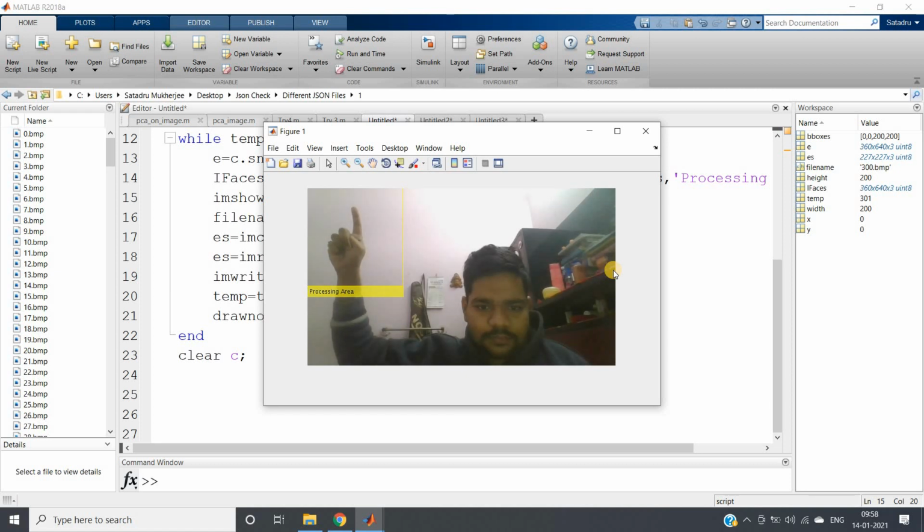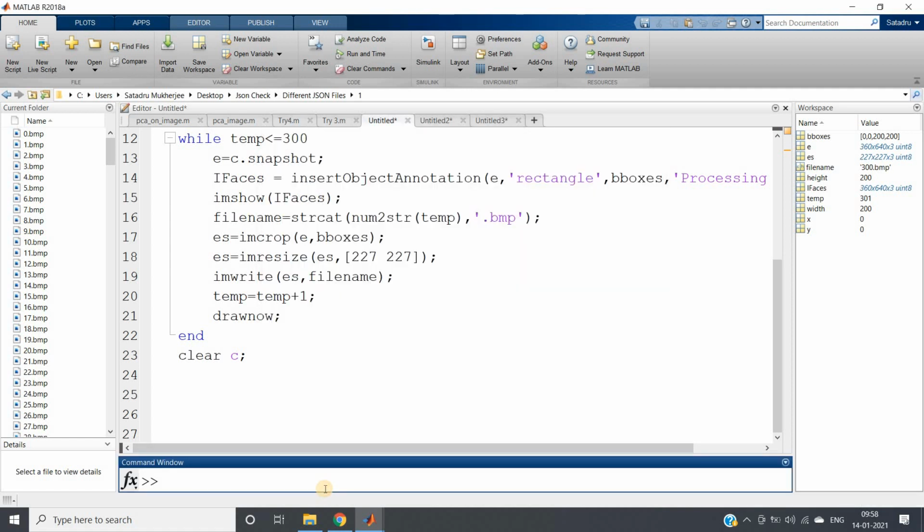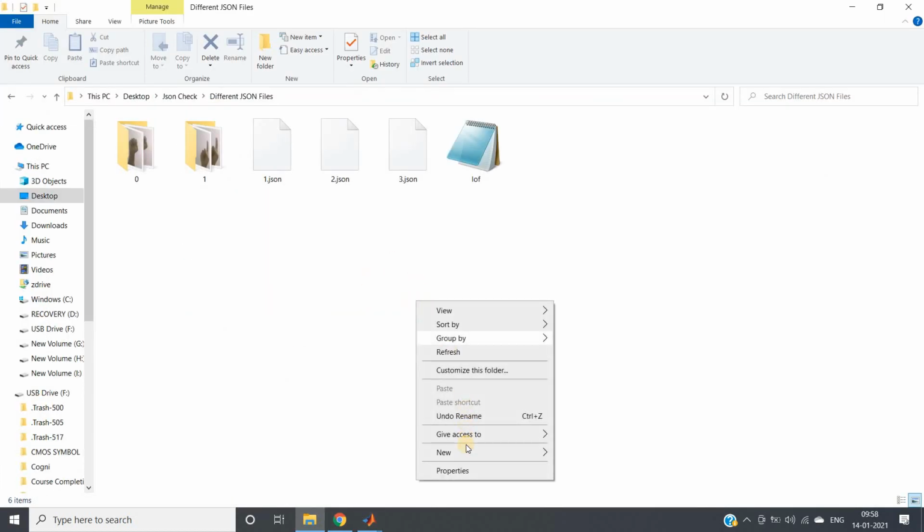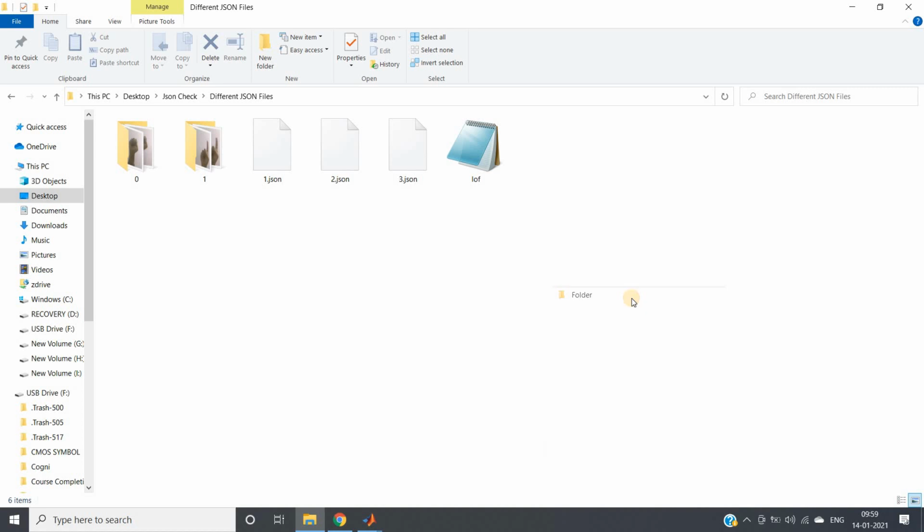As we are taking 300 images, it will obviously take some time. Right, now I'll create one database from this. Database created.